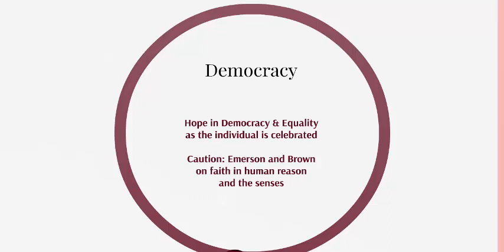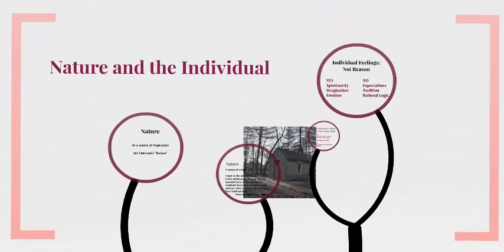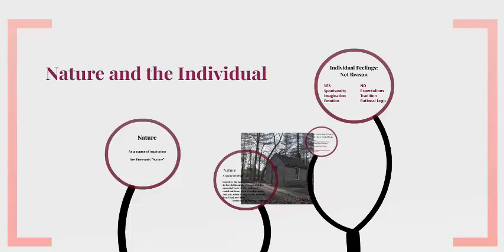Reason, for the purposes of this course, is more like intuition. So when Emerson talks about reason, he's talking about intuition. And none of the Romantics are going to be terribly fond of relying wholly on the five senses, sight, taste, that sort of thing. Instead, looking at nature and the individual, they are very inclined toward nature,